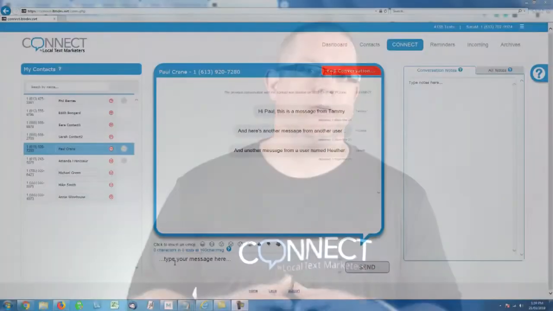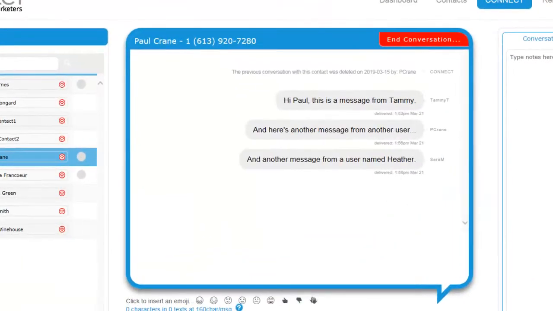Now, I'm sure you probably have a number of questions about this new module. For example, you're probably wondering how a message from a Connect user with a super user status will be displayed in the Connect messaging window of a contact who belongs to or has been added by another user. Well, let me show you. Remember those nicknames you had to enter when you added your users into the system? These are now displayed in the Connect messaging window